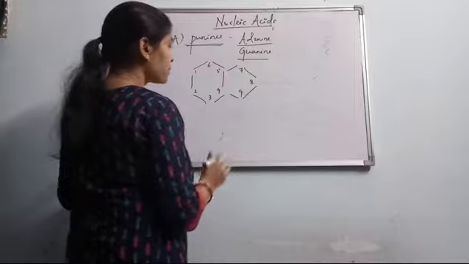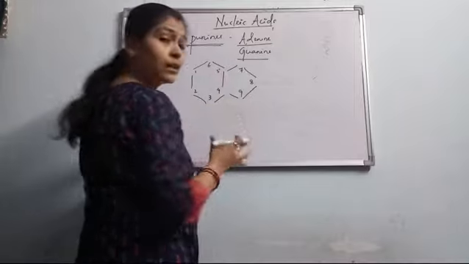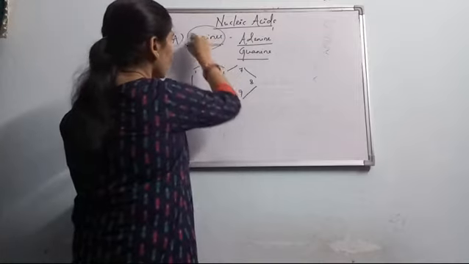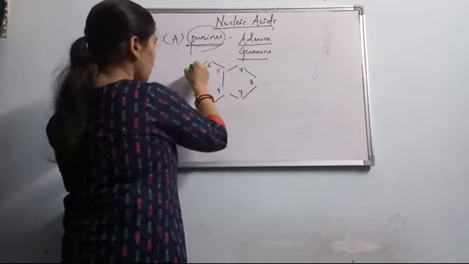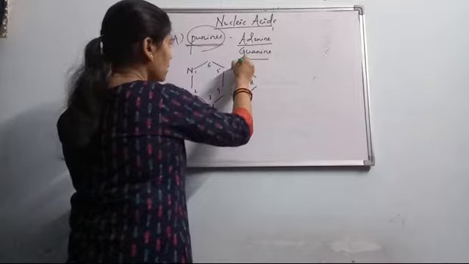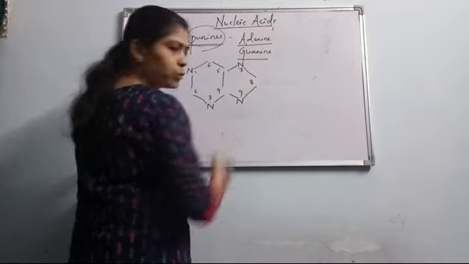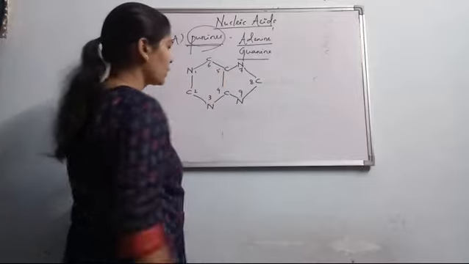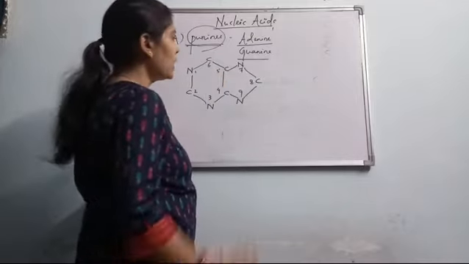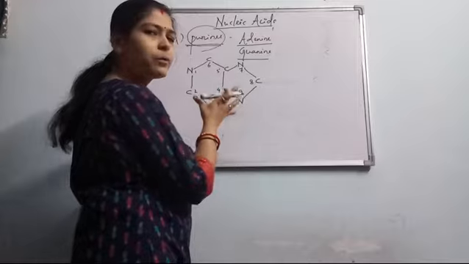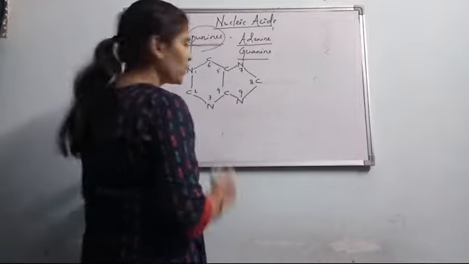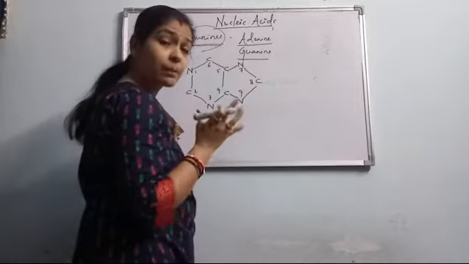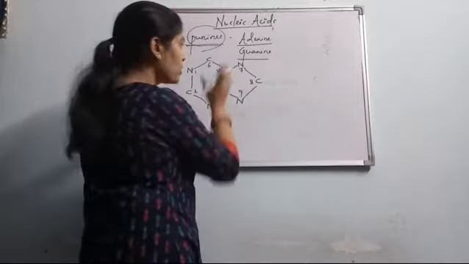The nitrogenous bases contain nitrogen in fixed positions. In the case of purines, the nitrogens are present at positions 1, 3, 7 and 9. All other positions are held by carbon. Then we have to check the valency and the double bonds: where the double bonds are present in the purine structure.